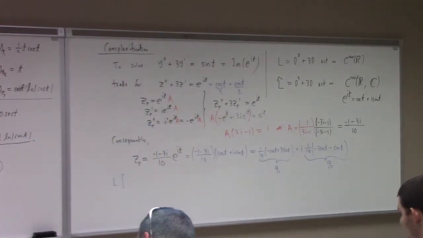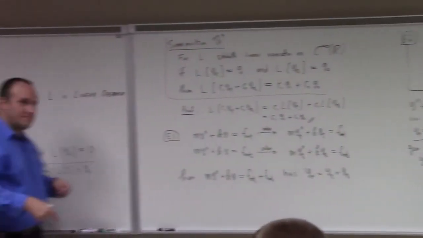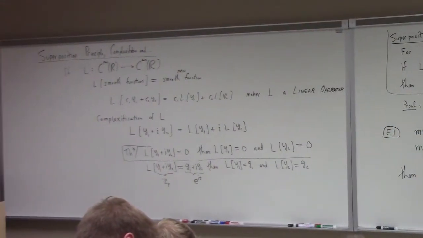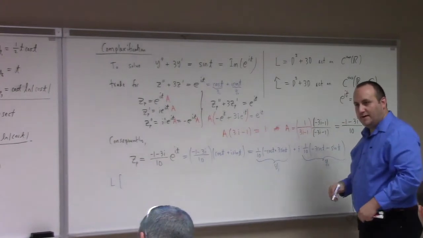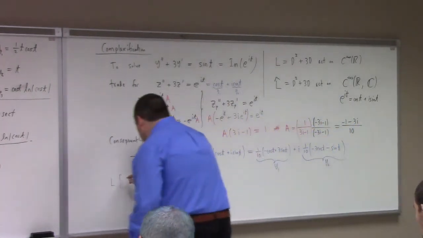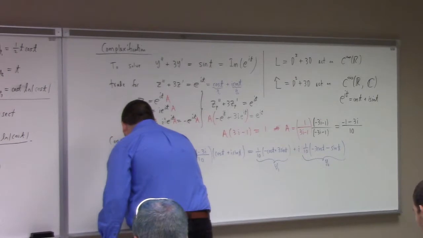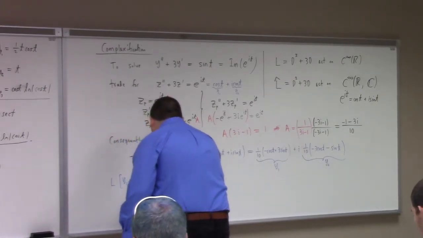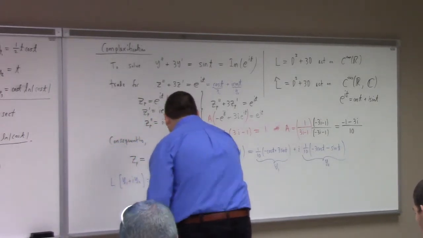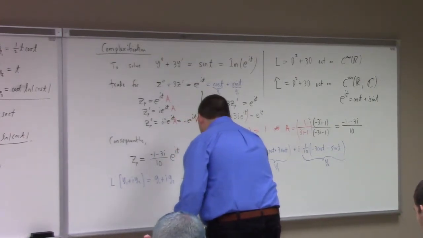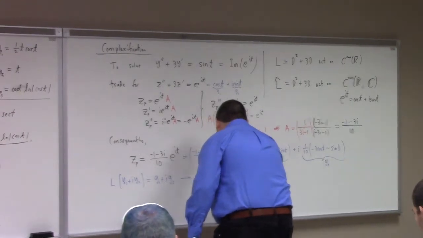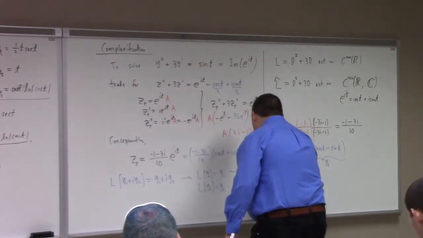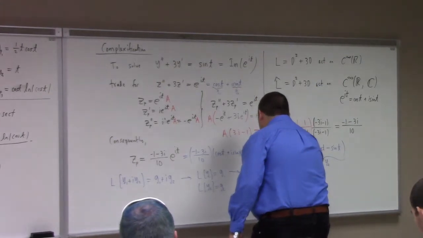So the ZP, these would be what I called Y1 and Y2 in the theorem. This would be the Y1 in my theorem. This would be the Y2 in the theorem by identification, right? So what I have is that L of Y1 plus iY2 is equal to G1 plus iG2 with those appropriate identifications, which says to me that L of Y1 is equal to G1 and L of Y2 is equal to G2, which tells me that y'' + 3y' = cos t